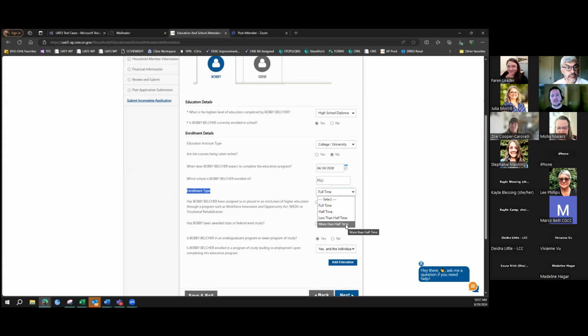Anything that's less than half-time, we shouldn't have to go through these additional questions of whether an individual qualifies as a student of higher education. But for more than half-time or full-time, we will need to answer these additional questions to see if they're eligible. And again, much like the ABAWD program, a worker should be walking a student through this to make sure that we have all the information that we can to understand what their student status is to see if we can find them eligible for benefits.